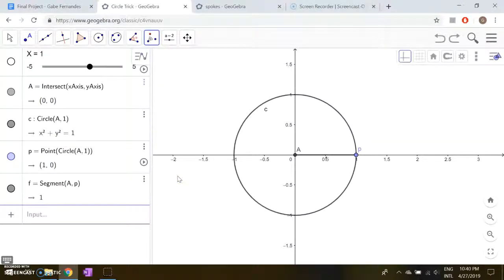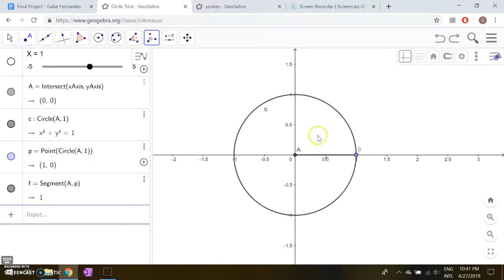So let's say that we have a point missing from this unit circle. And let's just say that that point is (1, 0), so this point P right here. We're going to show that it's possible to get this point back to fill this missing spot by filling in from infinity. So let's just have our radius from the center to that missing spot.